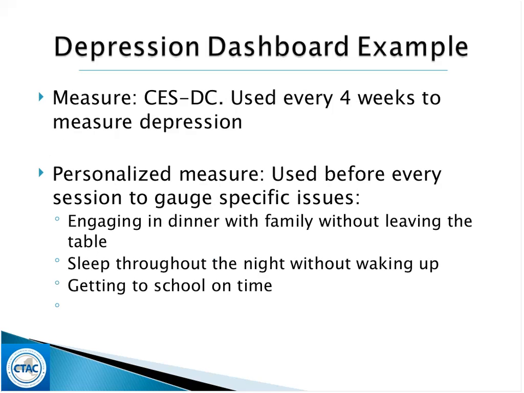This is, again, sort of a rehash of the last webinar. Most measures, what are called general nomothetic measures, we try to implement as often as possible, and typically once a month seems to be important. And the reason for this is, in order to actually be able to look at whether something is getting better or not, you need at least 3 assessments, right? That's the only way to look at a trend line.